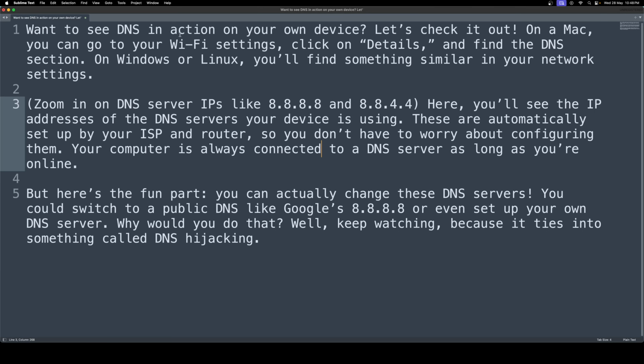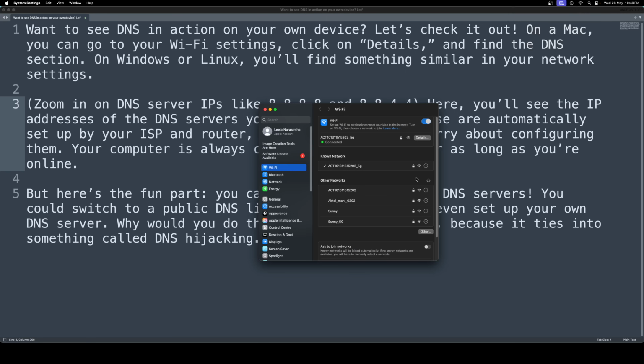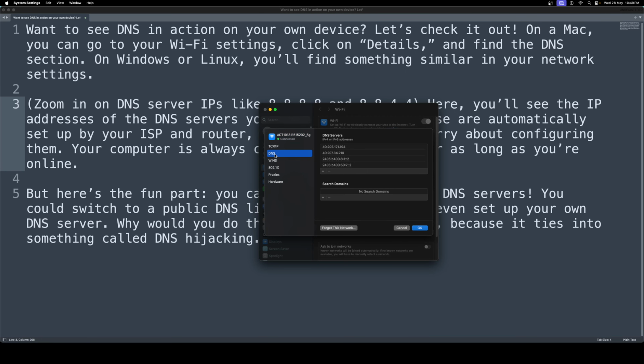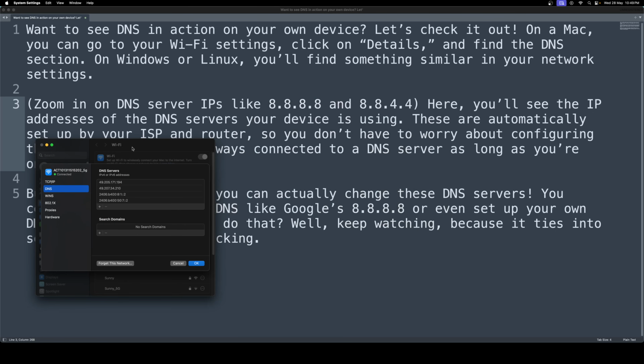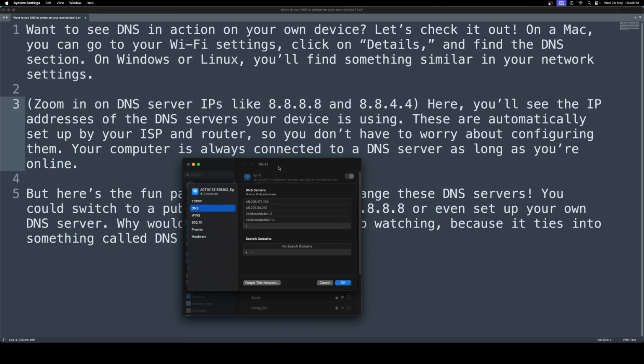So want to see DNS in action on your own device? Let's check it out. On a Mac, go to your Wi-Fi settings. So this is our Wi-Fi settings, click on the details here and find the DNS section. Here, this is the DNS section, and here you'll be able to see the IP address. On Windows and Linux, you will find something similar in your network settings. So let's zoom in on your DNS IP servers. Here you will see the IP address of the DNS server, like